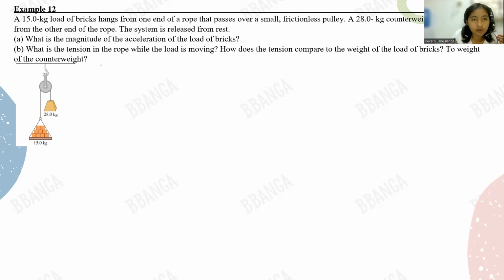So, first, gawa tayo ng FBD ng bricks. So, yung bricks natin, may weight. So, weight of bricks. And then, meron siyang tension. Okay? Now, for the FBD of our counterweight, yun din, meron siyang weight, counterweight. So, B for bricks, CW for counterweight. And again, meron din siyang